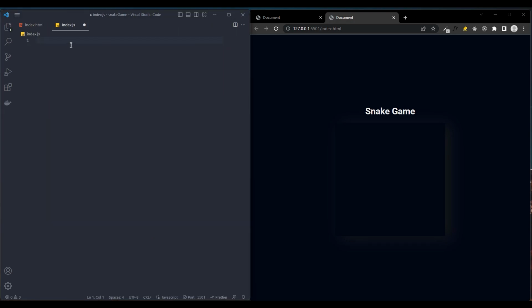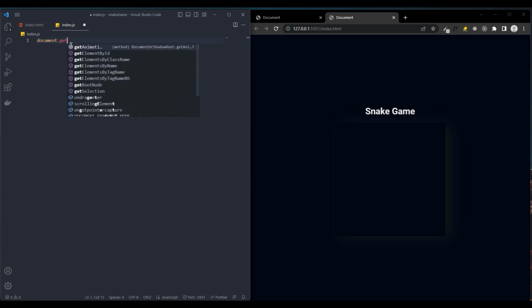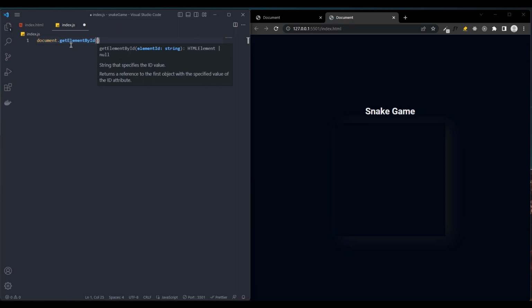To get our canvas, from our JavaScript we are going to use document.getElementById. We are going to find that canvas on the page by the identifier right there called snake game. And then we are going to define a variable. We are going to call it a constant, and call it canvas, equals. In order to draw on the screen